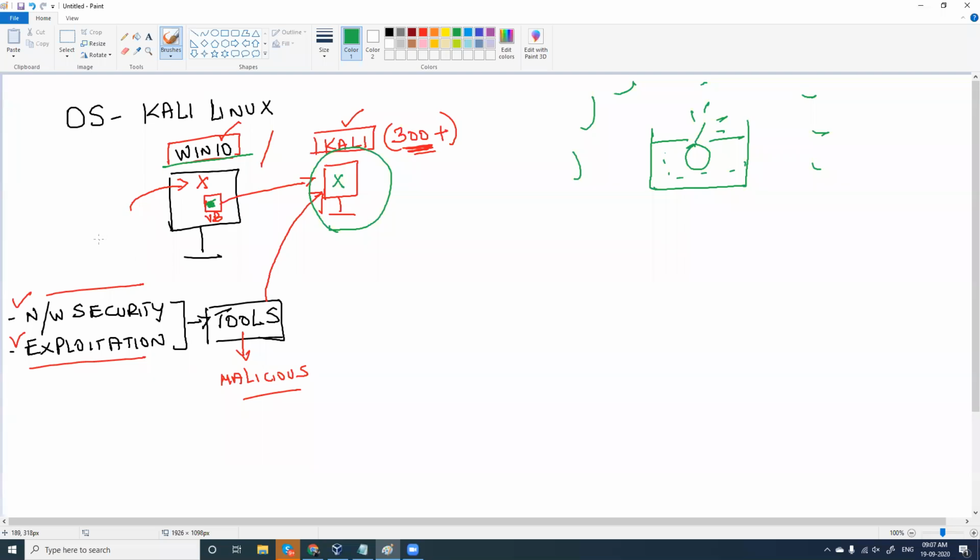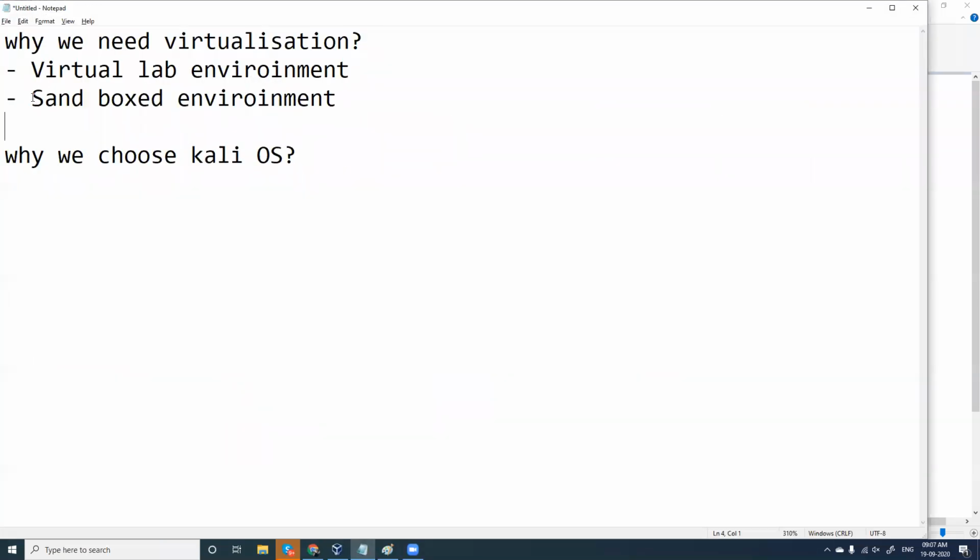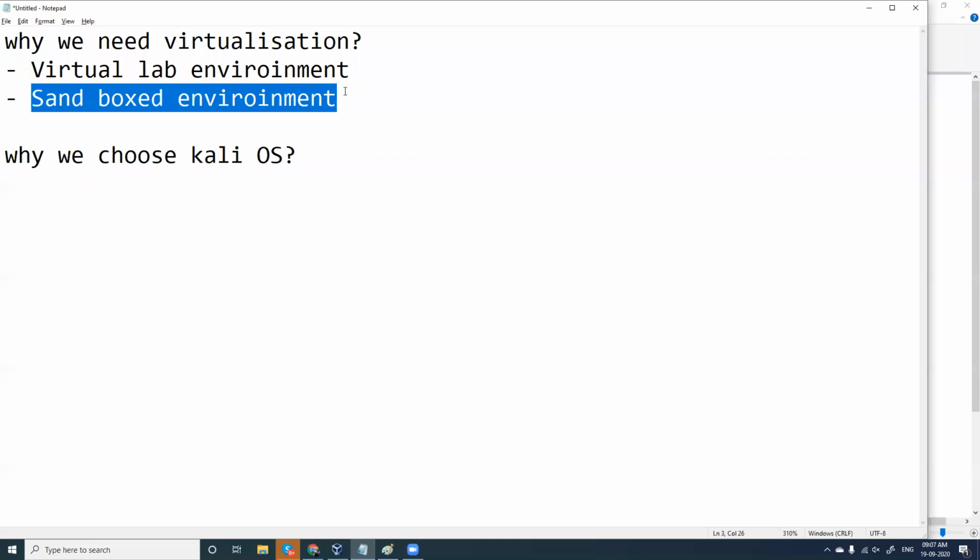That is use number one. So it's a sandbox environment. It is a safer environment to test and to do whatever you want. So the host operating system will always be safe. You can install any type of operating system, whatever you want to try and test, right?